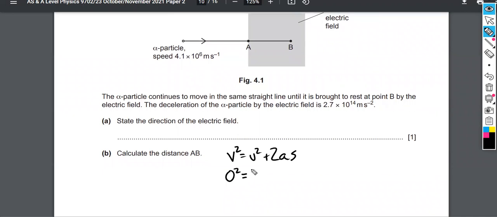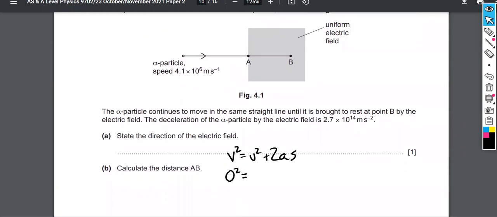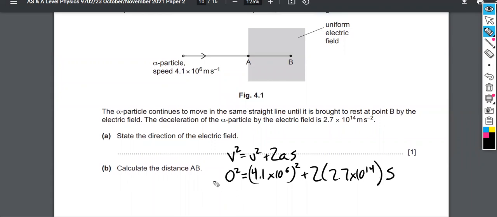The initial velocity was given as 4.1 by 10 to the 6 meters per second, and the quantity is squared in this equation, plus 2 times the acceleration, which is 2.7 times 10 to the 14. So you're solving there for S, the displacement vector. When you subtract this term from both sides, it's negative over here. You really are dividing by 2a. It's a negative acceleration, and so you're dividing two negatives to get a positive displacement vector,